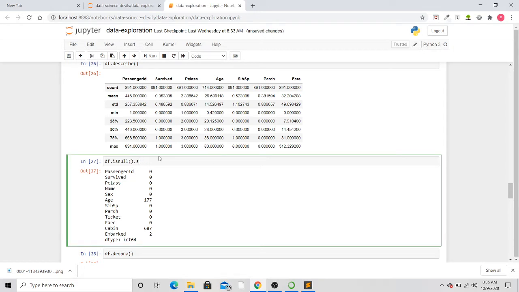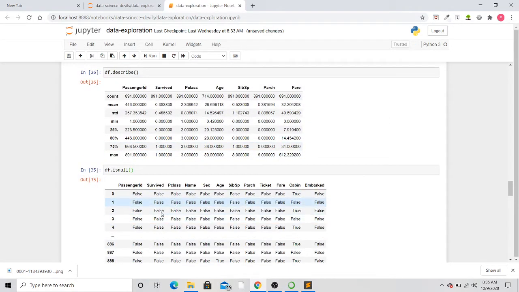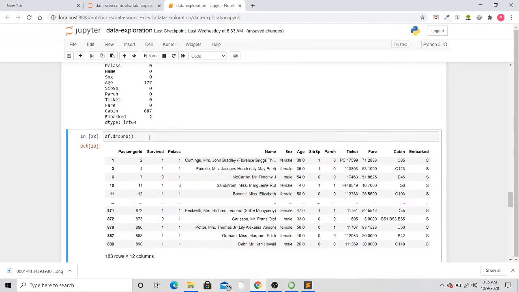If I wouldn't have written sum here, then it will simply return a table where the value will be false if it is not missing, and if it is missing, then the value will be true. Writing sum here back.